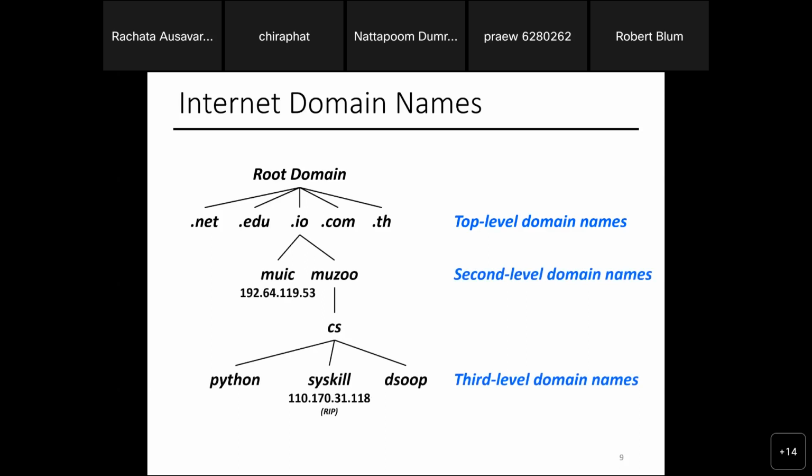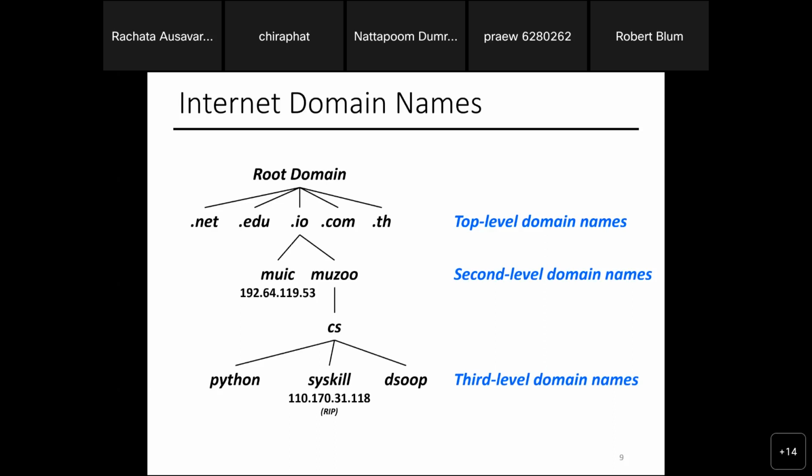Then you can also have a third level domain name, which specifies the location. If you want to connect to any machine, you have to go all the way to the leaf node from the root. You can go to like MUIC.io, and that's it. You go to the second level, you know the IP address. Sometimes you need a third level, like Cisco, which already died, right? Now you go all the way down to like cisco.cs.musu.io to get to the IP address. But basically, the internet domain name can be translated. If you walk the tree, you will get the IP address.